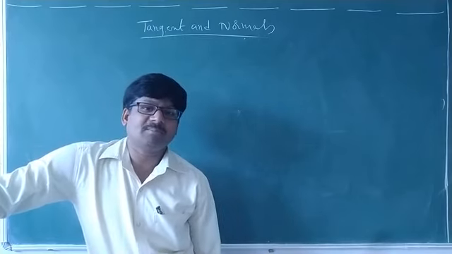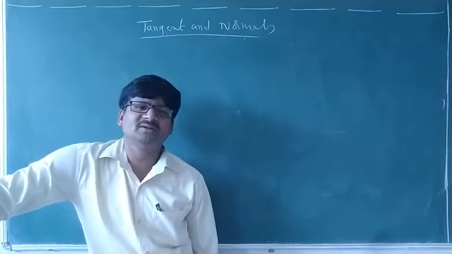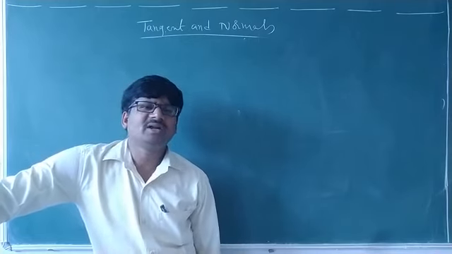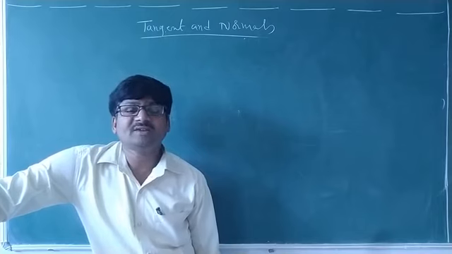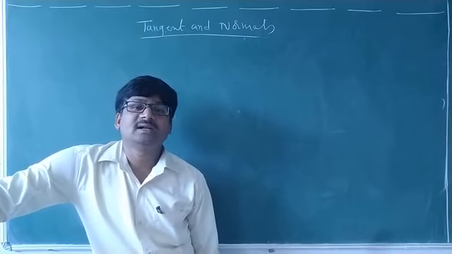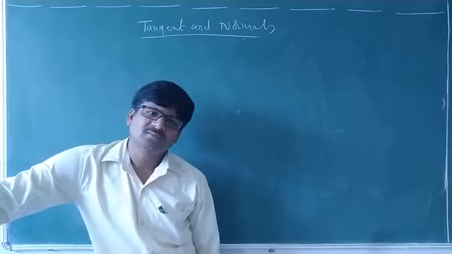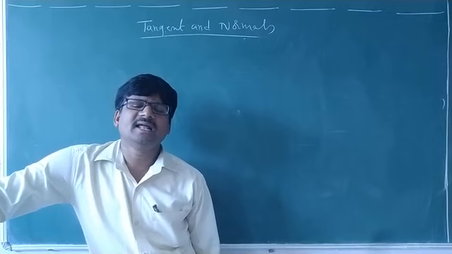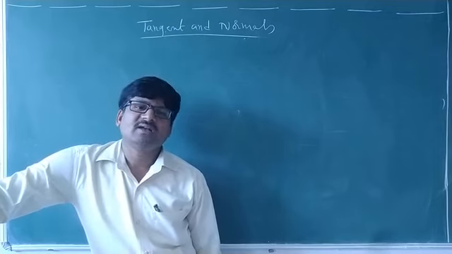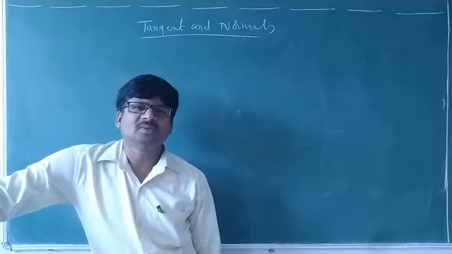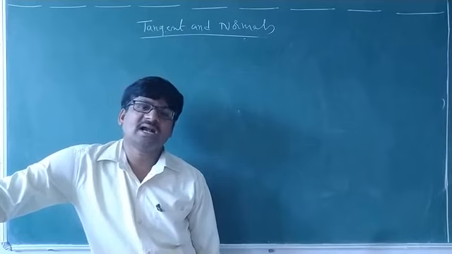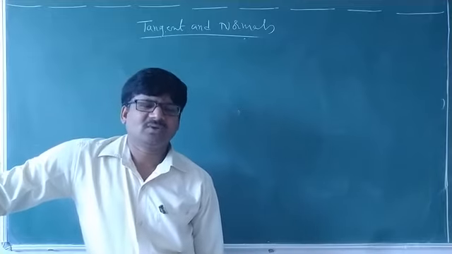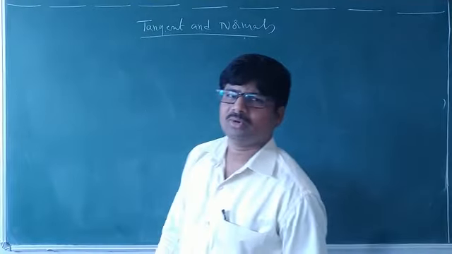In applications of derivatives, we are learning applications of derivatives. Here, what we have to consider? We have to consider the derivative of the function is known as slope of the tangent of the curve. Derivative dy by dx or f dash of x is called slope of the tangent of the curve f of x. Clear? Okay. So it is about normal and it is about tangent.